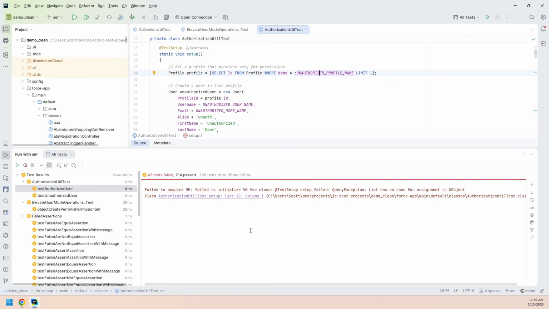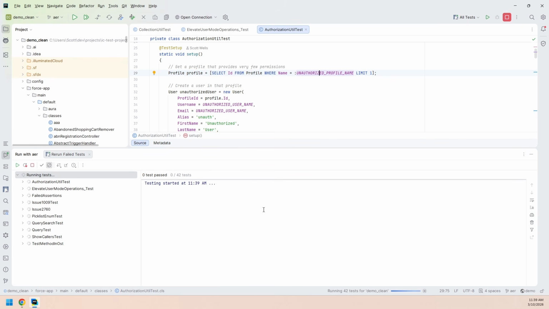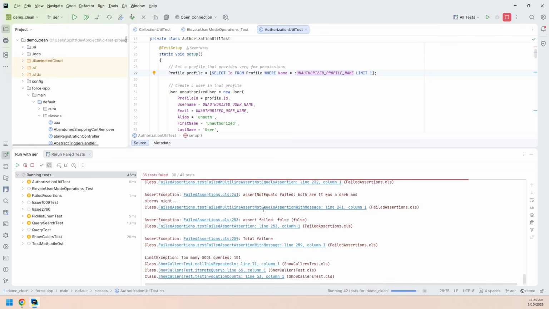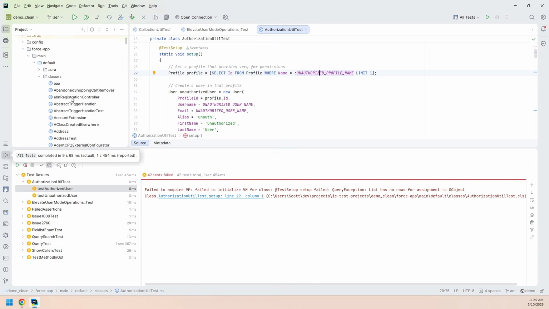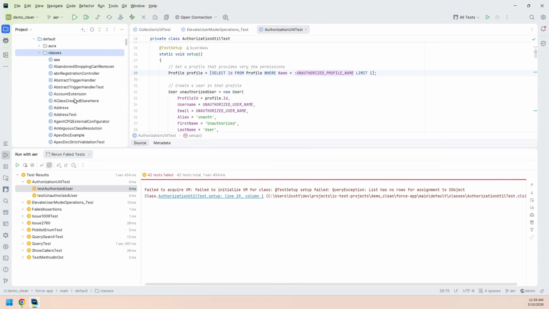They're applicable here because the real difference is the test runner, but not the test features. So again, we can rerun failed tests. We can use dependence-based test profiles. We can run test suites if we want. So when these complete, let's go down here and I'll show you what it looks like to run a test